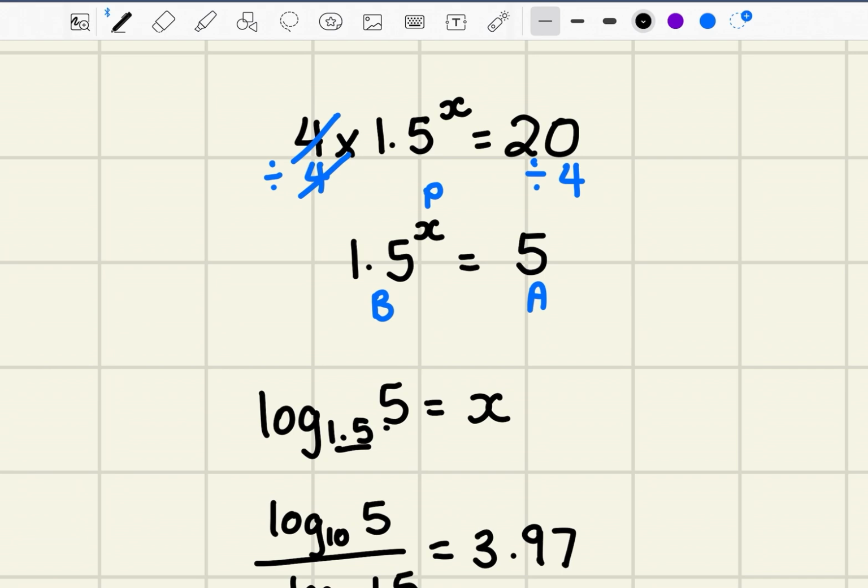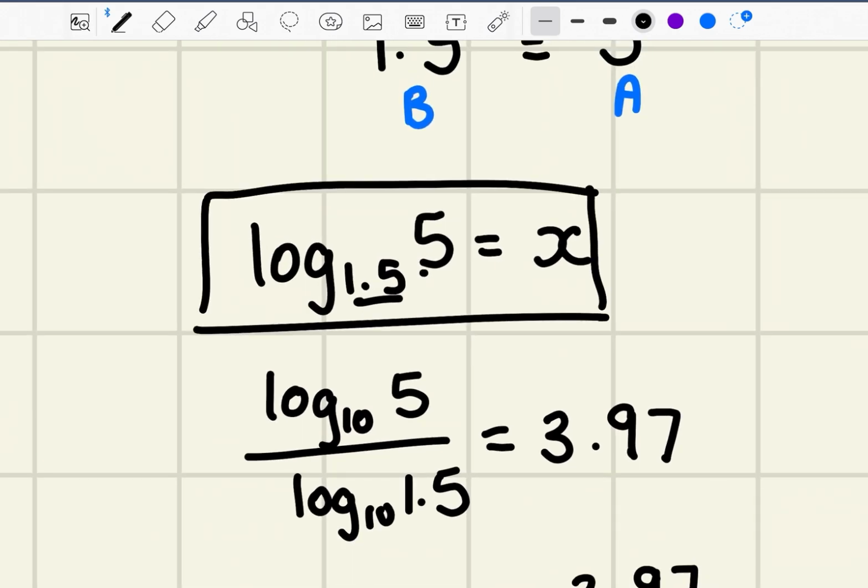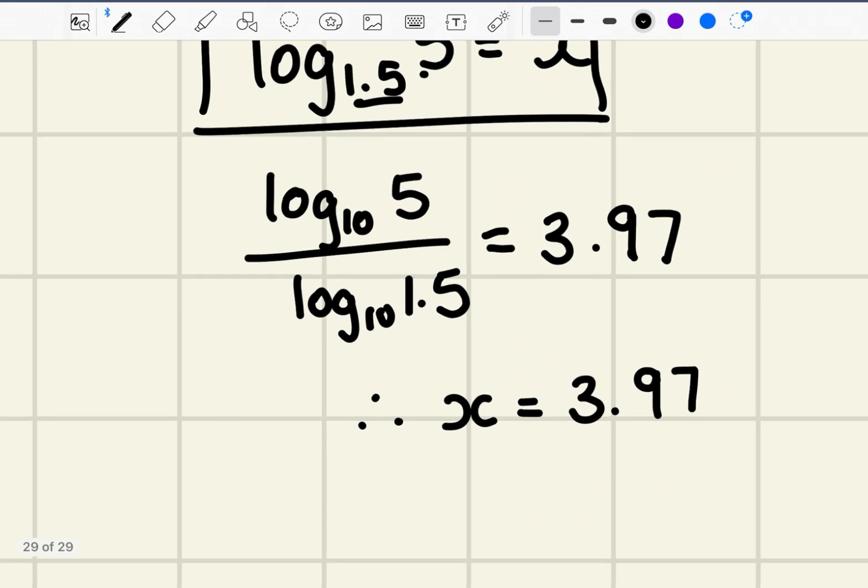So this one was a little bit trickier, but to recap, we just got rid of the 4 on both sides. Then we labeled and rewrote into log form right here. If you understood up to here, that's really good. This last step is our change of base rule. So if that didn't make sense, go back and review our change of base